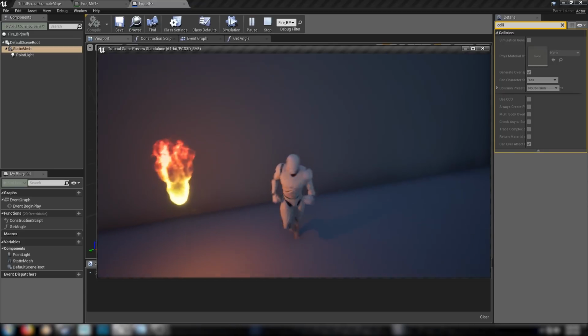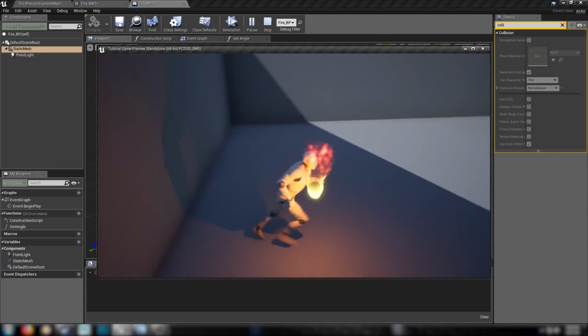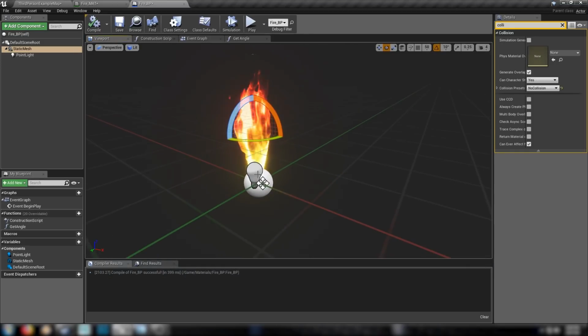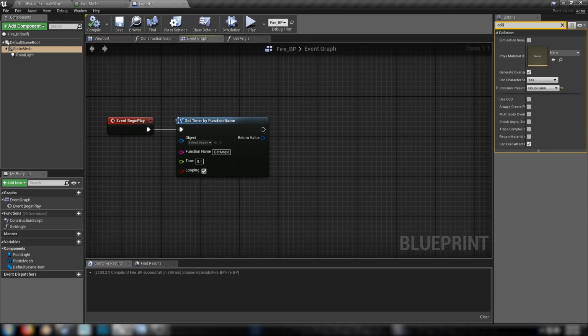Stand in the fire if you like, and it's always going to face the camera. Now the last thing we'll do is make this light flicker. It gives a more realistic light that you would see produced from fire. So we'll come back here to our event graph off our begin play node,